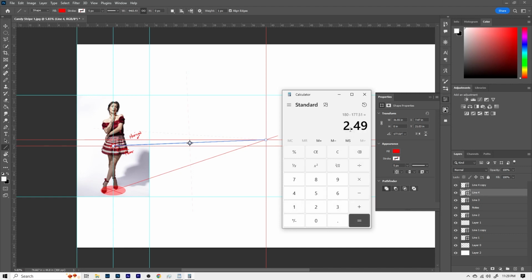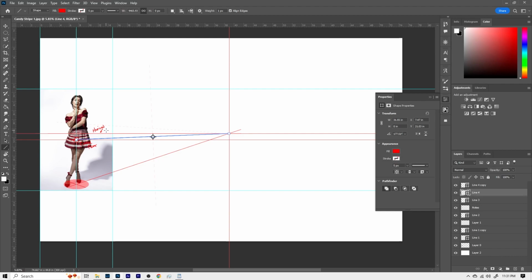So the camera is tilted down 2.49 degrees. Now, if you don't know the focal length, then you're just going to have to slide the camera back and forth and hope for the best.